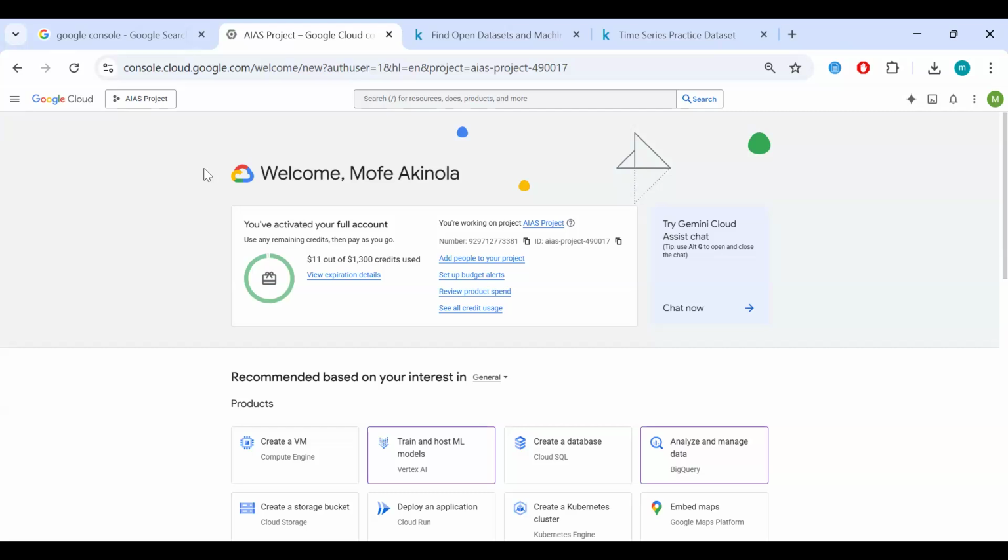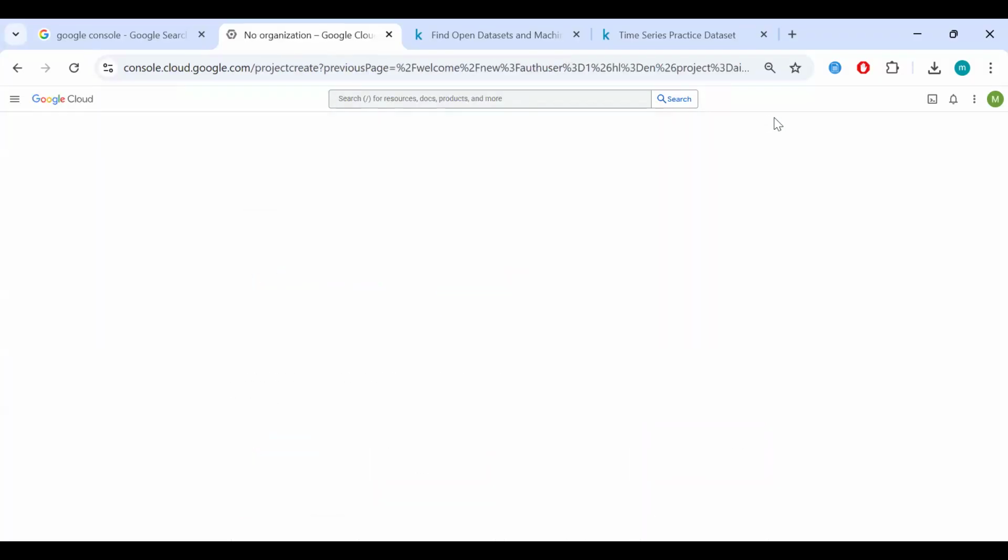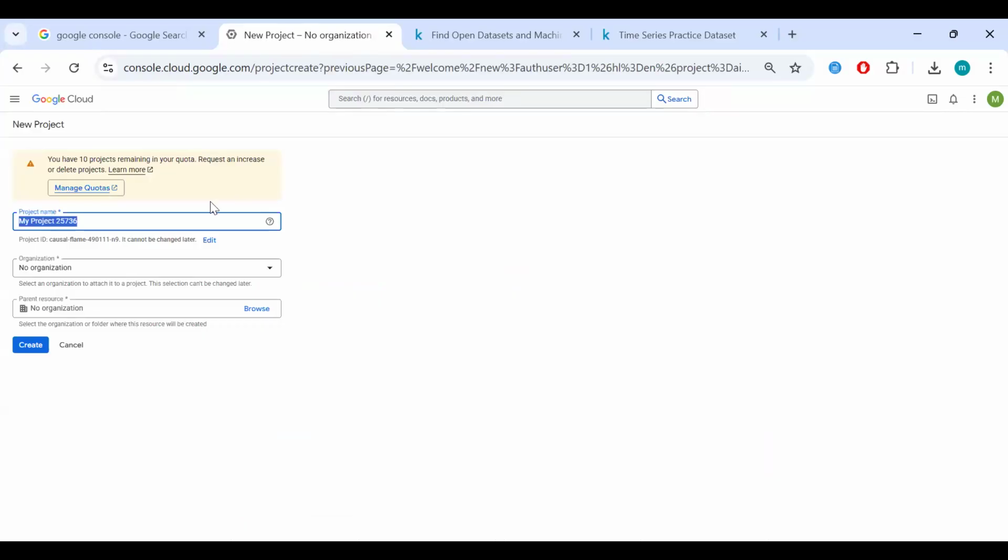Now, naturally, the next step would be to create a project, because that's what we'll be working with. So you click here and then you click new project. I'll say this ahead: I'll be showing you how everything is done, but we won't run a lot of the building processes because those take time.